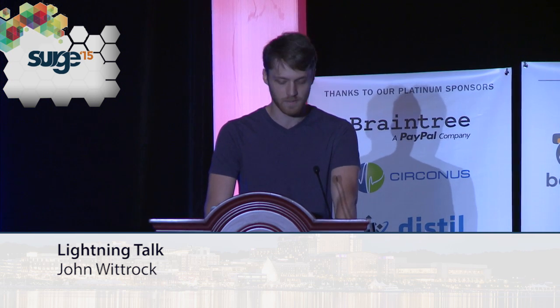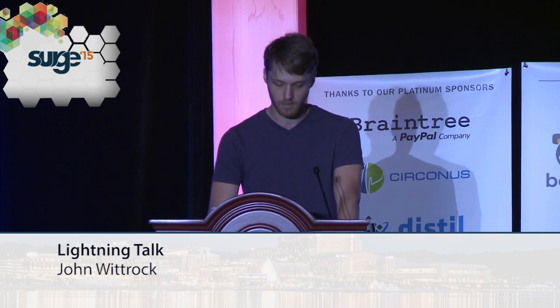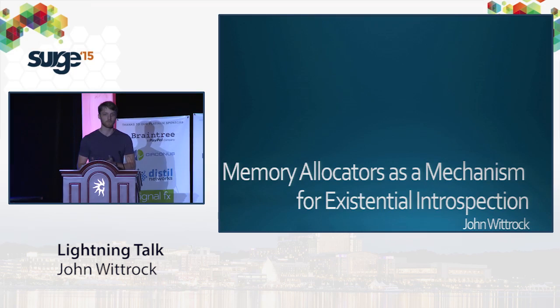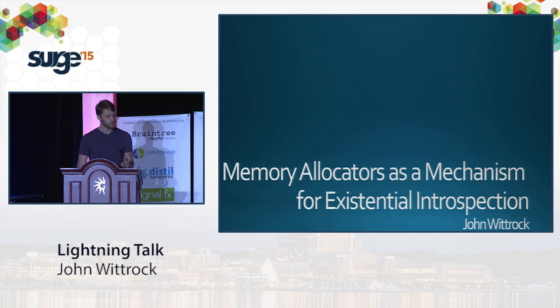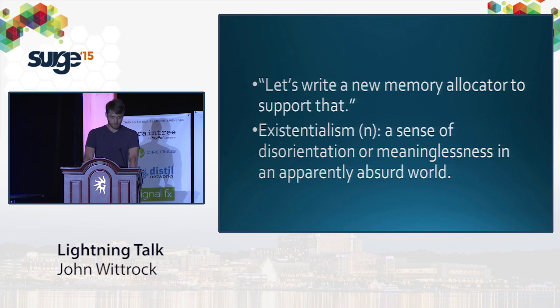So I spent a couple months of my life earlier this year writing a memory allocator in user space. It was somewhat complicated in that it packed everything together. There was zero fragmentation between allocations. I knew that going in, but that meant that a lot of tooling, like Valgrind, wouldn't work as well, because an allocation that goes off the end of its space and overflows into another one, you can't catch it. So this was generated by basically the following quote: let's write a new memory allocator to support that. And that's how I spent 3 months of my life writing a new memory allocator and shoehorning it into a